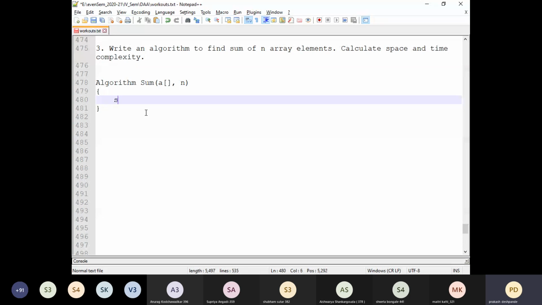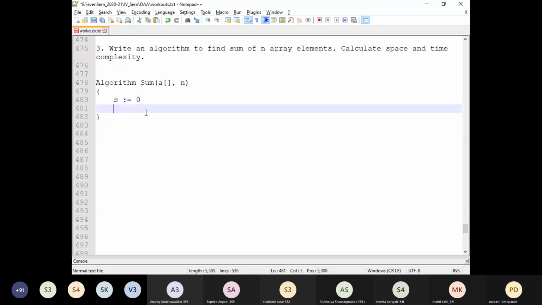Okay. Now initially we will take one particular variable, let's say s here, and let us initialize this s with 0 so that the sum is initially 0. Later we will run through a particular for loop, say for, initial value will be what? The first index value, that is i equals 0, and we have to repeat it through how many times? Up to the last element, that is the last indexed element. The last indexed element is n minus 1. Okay, and then step by 1 here, and do.